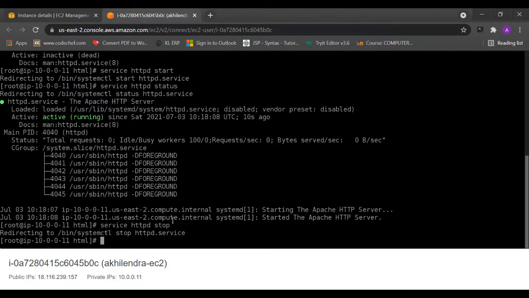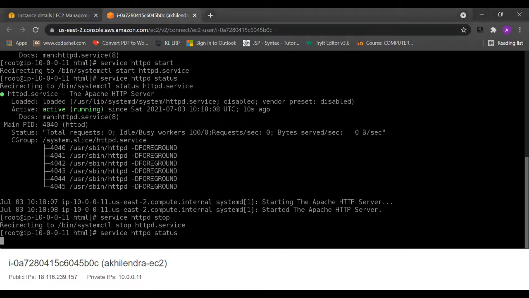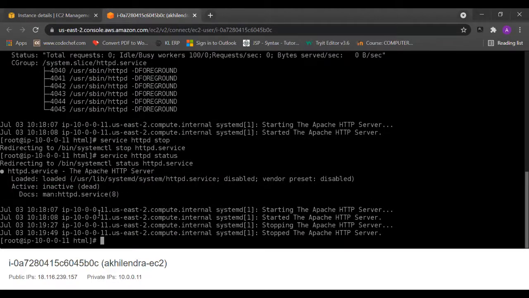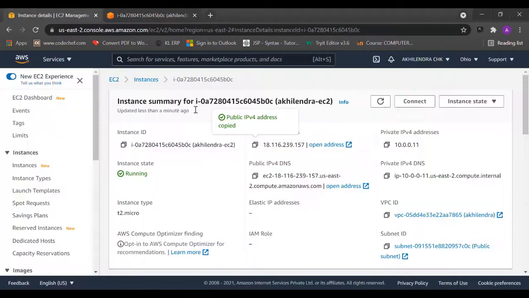See, now you can check the status with service httpd status. We can see our status is now inactive. Now see our web page. Copy this address.